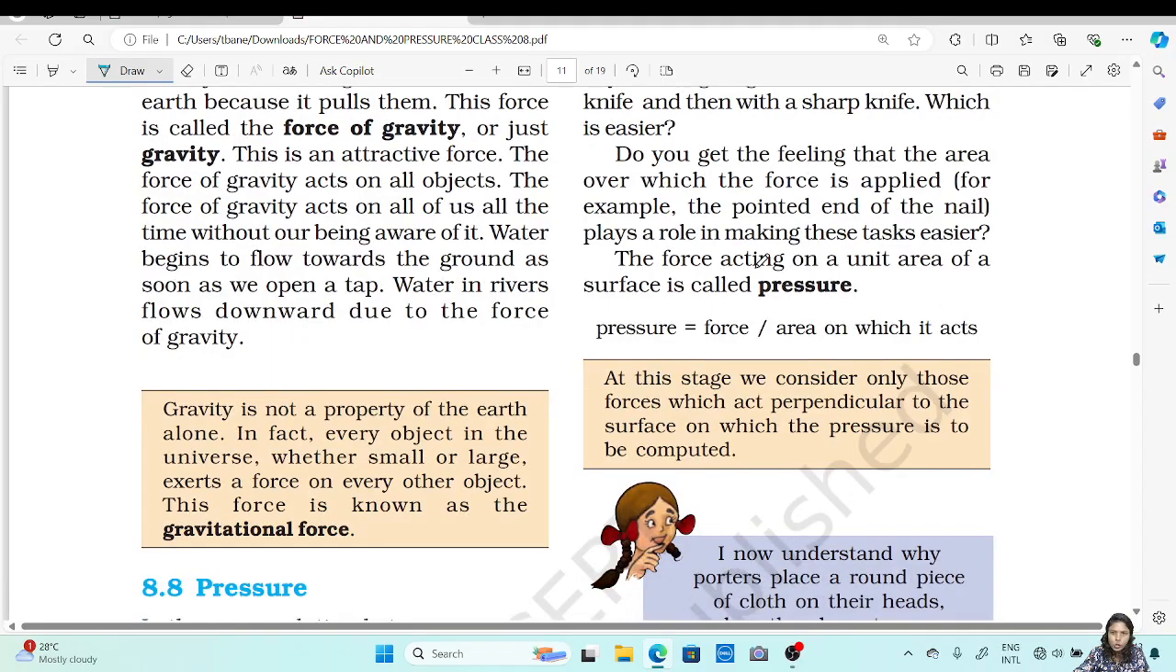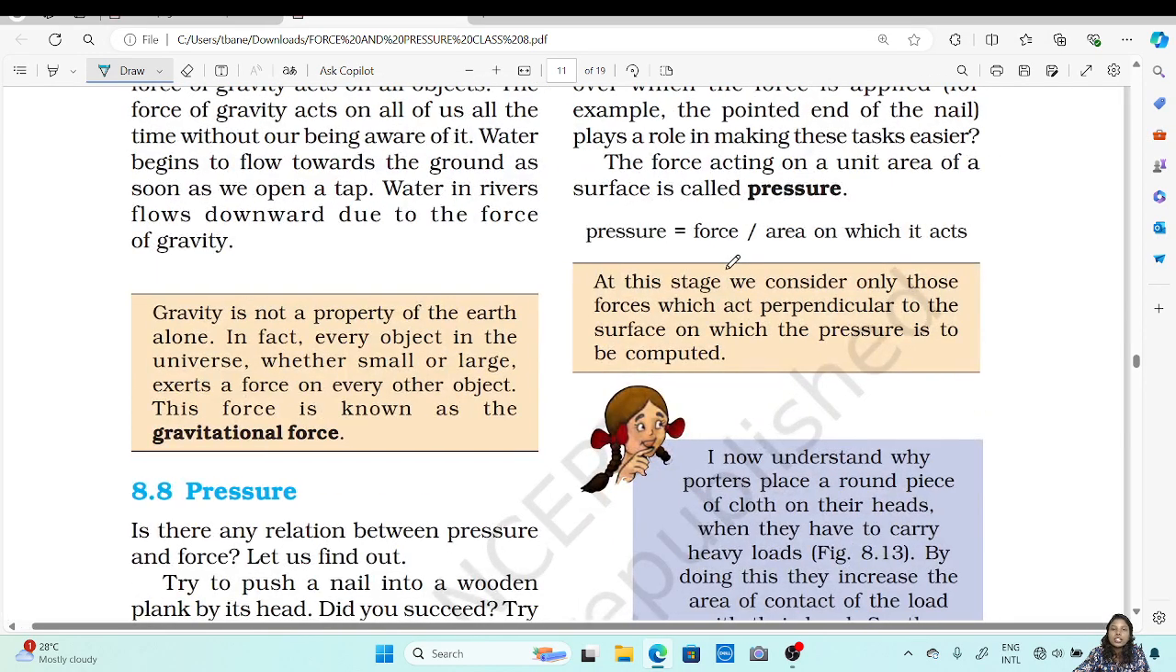Yes. So the force acting on a unit area of surface is called pressure, or it is given by pressure is force upon the area on which it acts. So now, what is pressure? They are saying that it is the force acting on a unit area. So now if the force has to be more and the area on which you are acting has to be